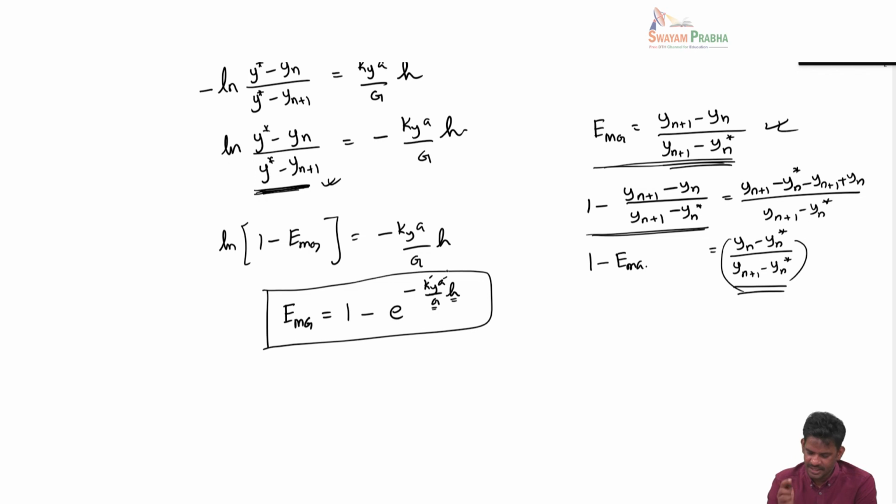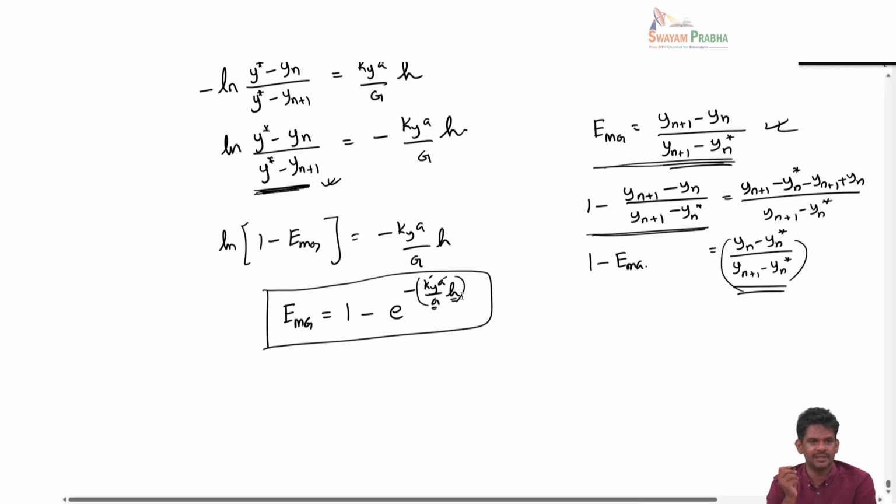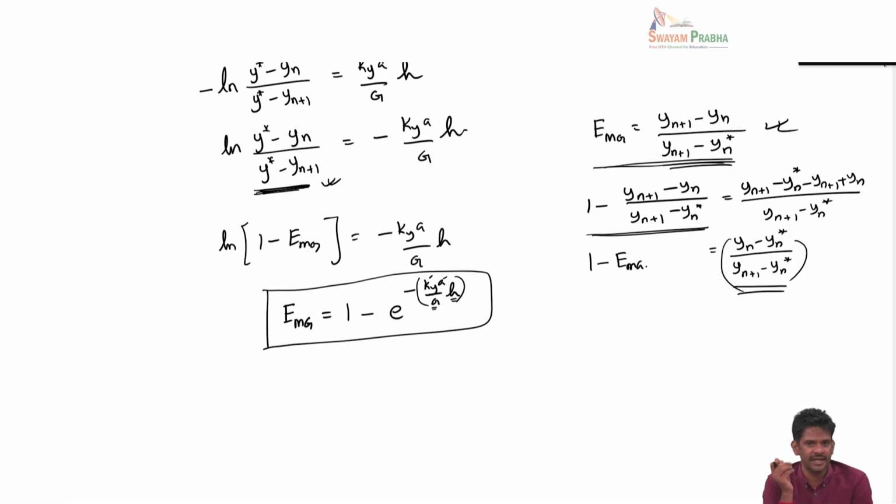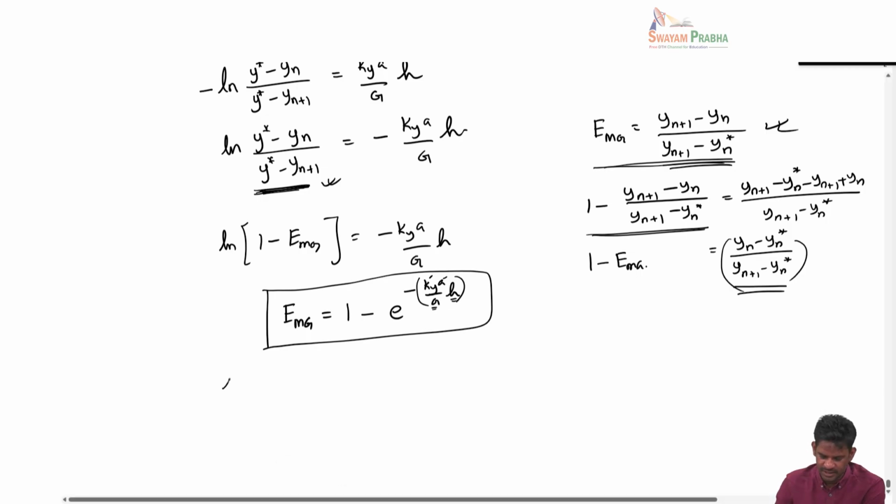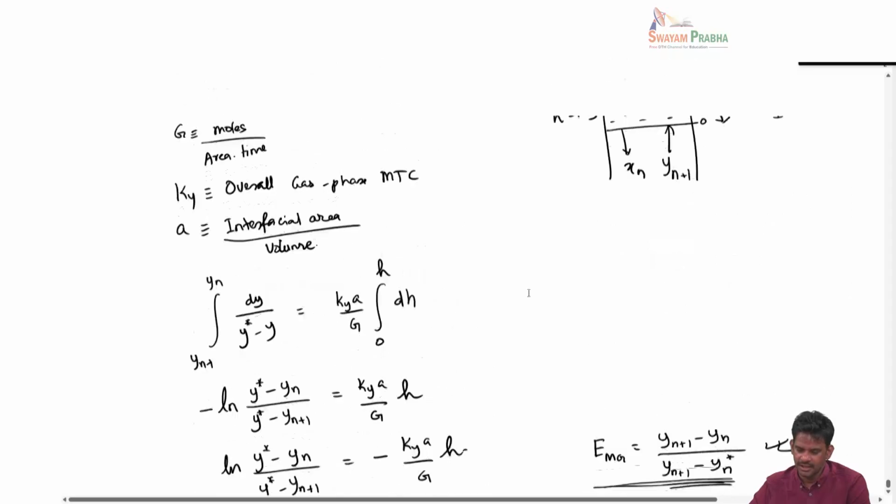These are the operating possibilities, and if I make this entire term large enough, then I can achieve the Murphy efficiency close to 1. I can approach an ideal stage. So, what we can do is increase h, increase the liquid column height in the design of the tray column. So, you see in the tray column,